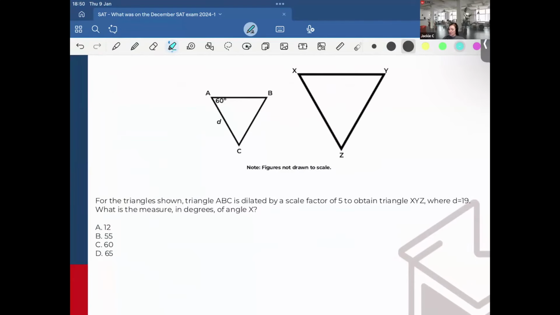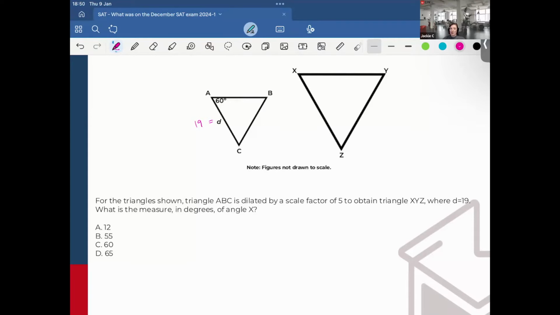Oh my goodness, what is this? For the triangles shown, triangle ABC is dilated by a scale factor of 5 to obtain triangle XYZ, where D is equal to 19. What is the measure in degrees of angle X? Okay, well, this one, pretty simple, but I suppose they're